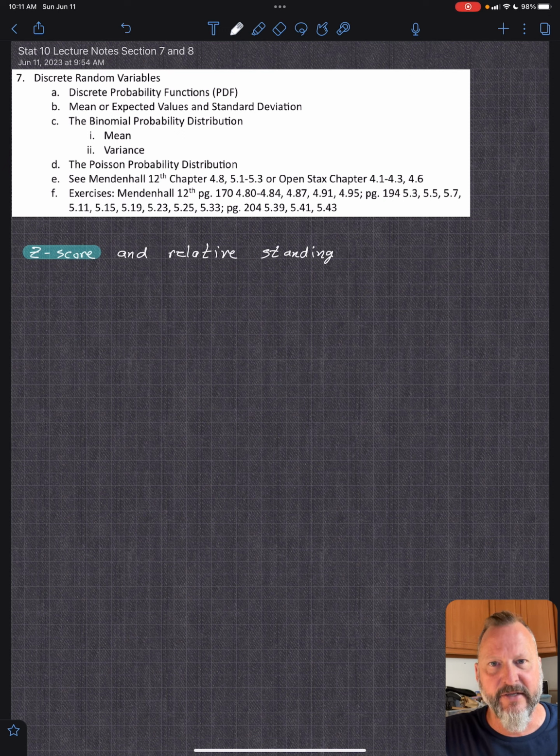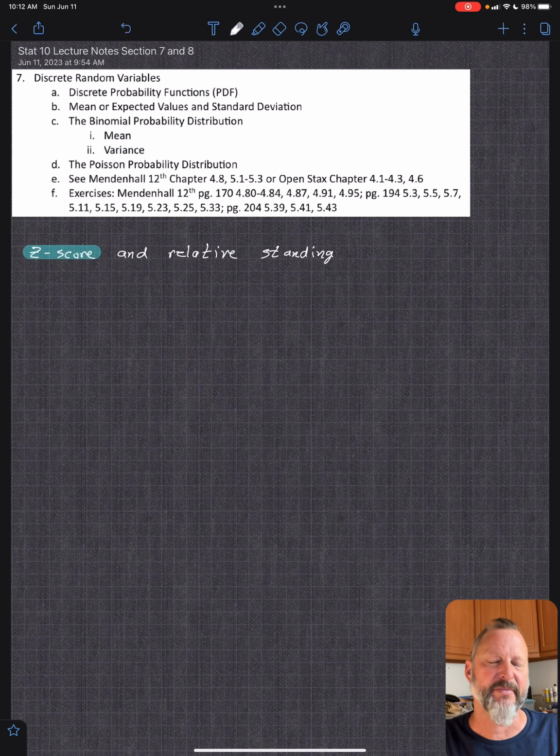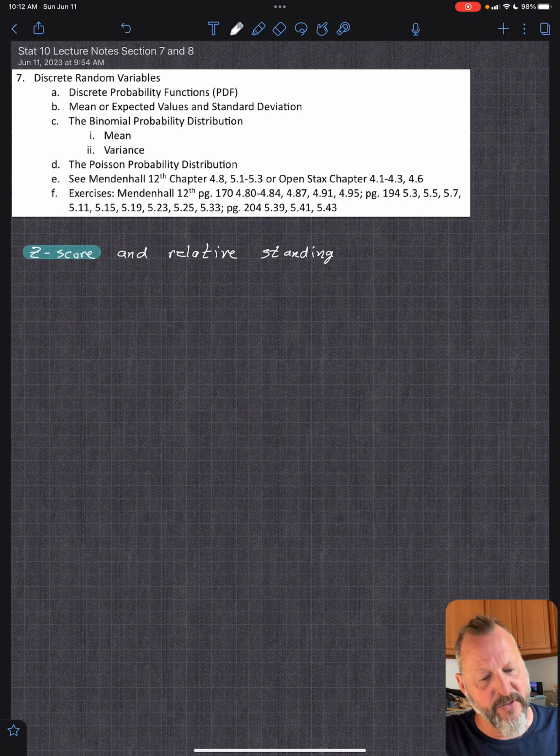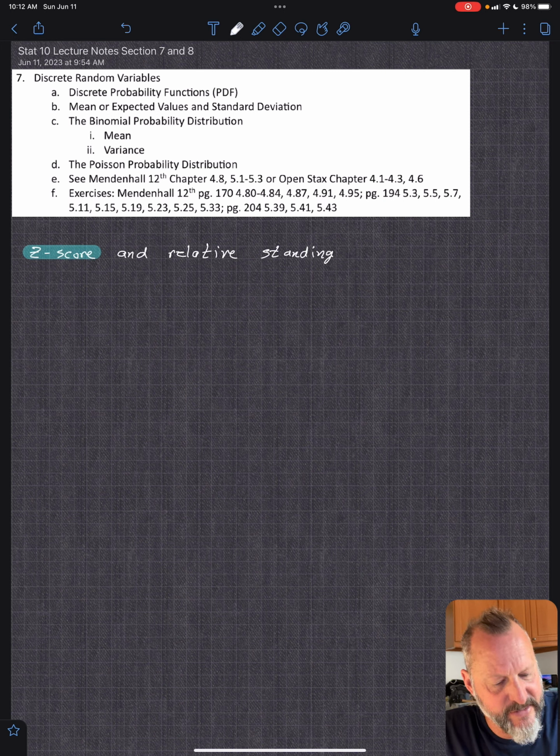We want to look at if you have a mean and then a value compared to the mean, it could be population or sample, then how is that compared to everything else? And you need to know the standard deviation to figure that out. So how far away is it from the mean? Relative standing is called a z-score, and you just say z. So you say z is equal to